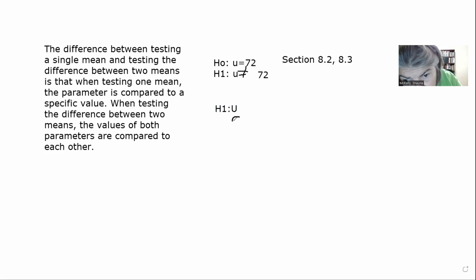The mean of the students in geometry is equal to the mean of the students in statistics, for example. Mu of statistics. I have to use a little subscript because they're both mu, but they represent different groups. So mu of the geometry students is equal to mu of the statistics students,